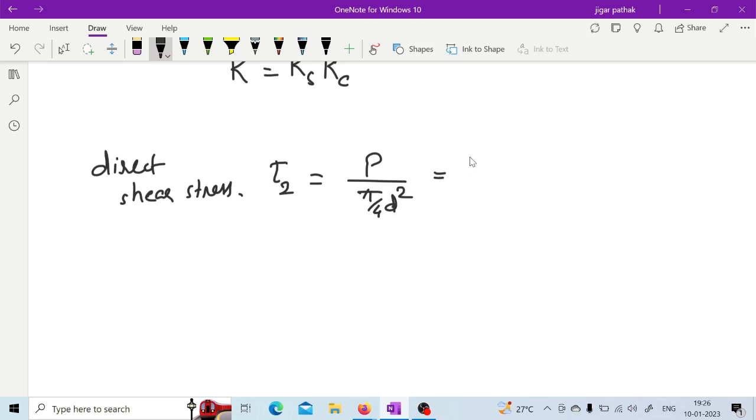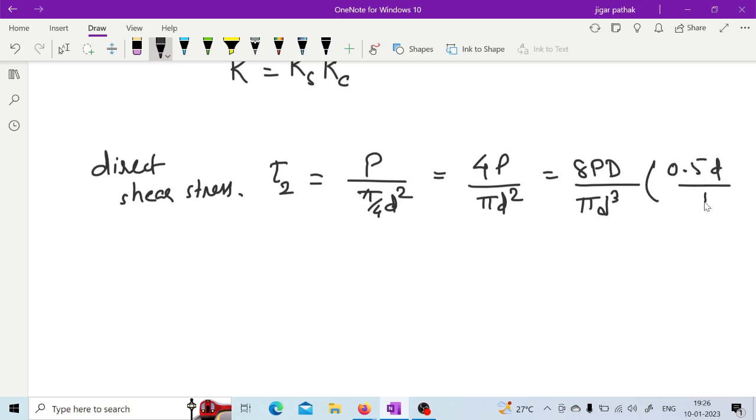So tau 2 is equal to this load upon area. So if you write this, that is 4P upon pi d square. Now if you further simplify it, then you can also write it in terms of 8PD upon pi d cube